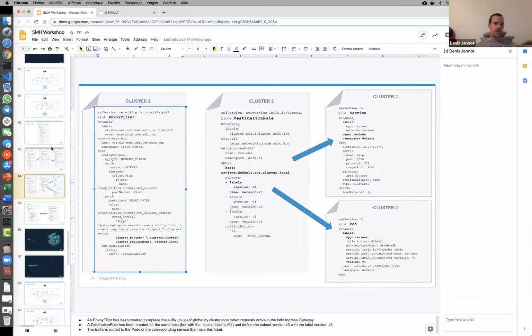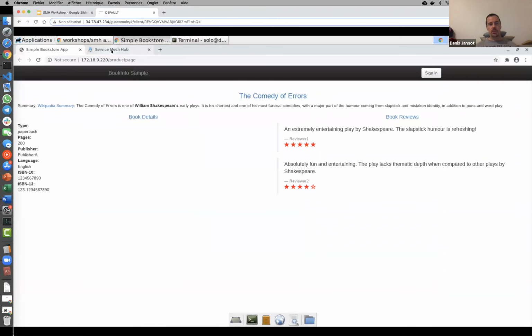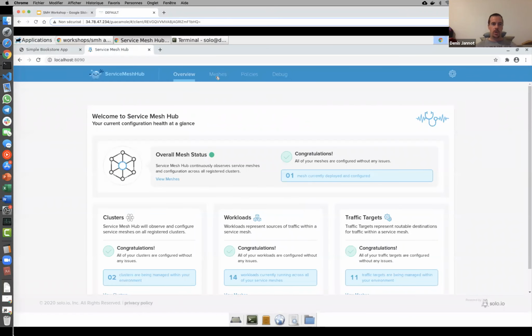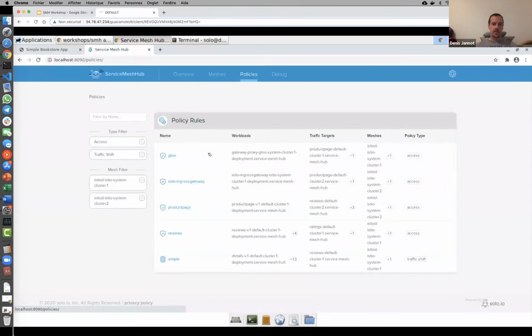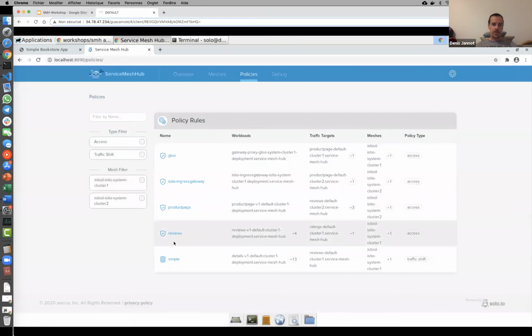So again, the idea is really just that with a very simple abstraction, I can make this cross-cluster communication happen. And then with the Service Mesh Hub UI, we can see the policies that we create, like this one. And you see here the percentage of the workload that is described in the policy. And we can see also the workloads that are impacted. And that's an example for a traffic policy, but you can also create, for example, here